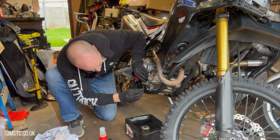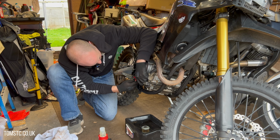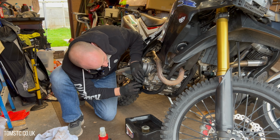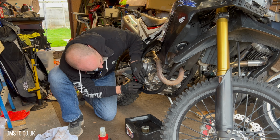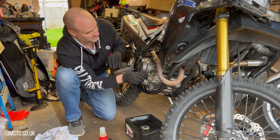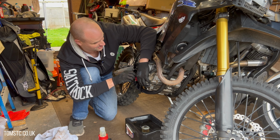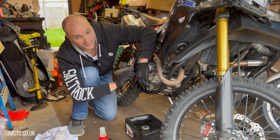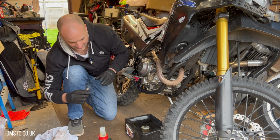If you can, just finger tight the bolts in first of all. I think this one behind the brake lever is going to be a bit challenging. What you should do is each corner, but as I can't get to that one behind the brake lever particularly easily, I'll do that in a second. You just want the bolts to hold it in place really while you make sure everything's lined up. You definitely don't want to cross thread this. It seems to be going pretty easily actually. Famous last words. I'm going to just do that one up a little bit tighter than the others,